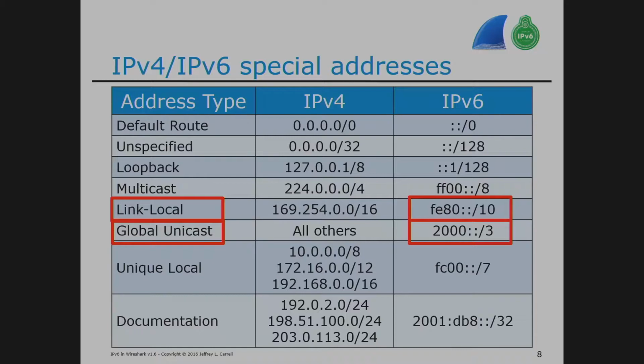Most likely you will have other addresses on your V6 interface out of the 2,000 something range today. Those are known as the global unicast addresses. Those are the internet route capable address blocks. All right? 2000 to 3FFF. However, at the current basic time, we're only in the 2000s.